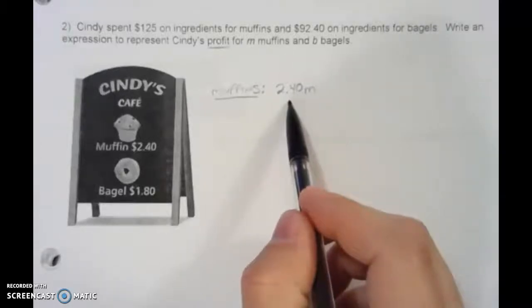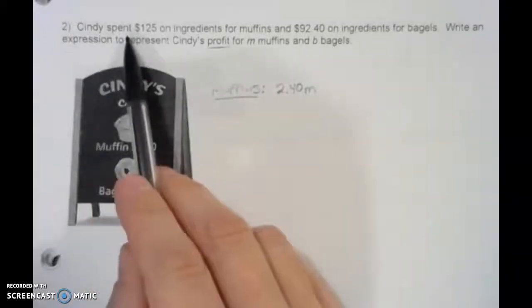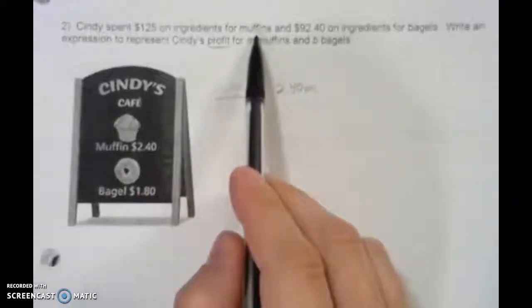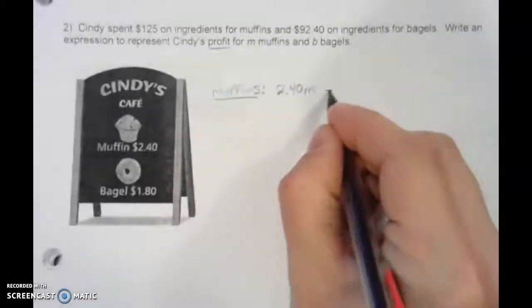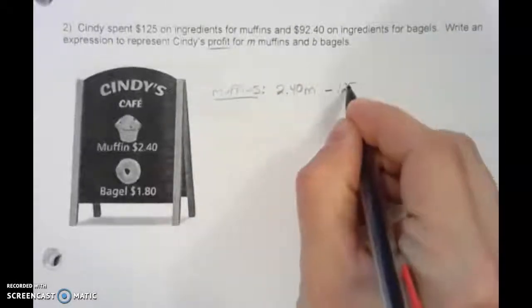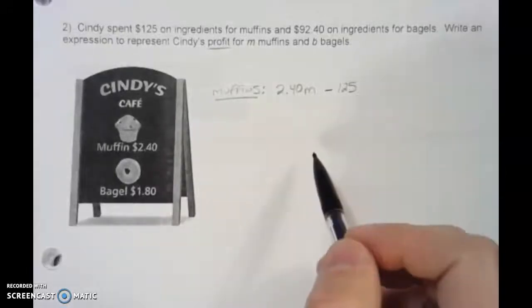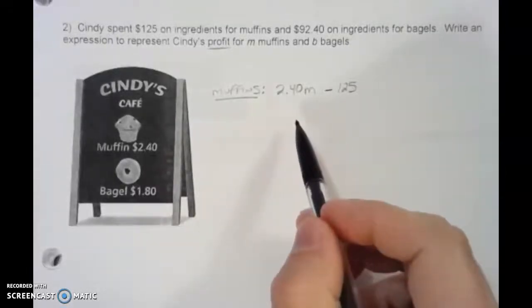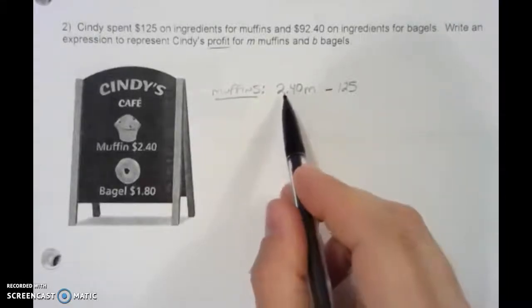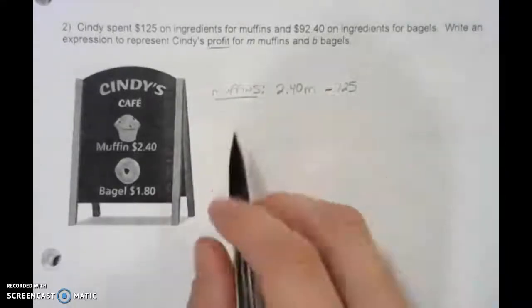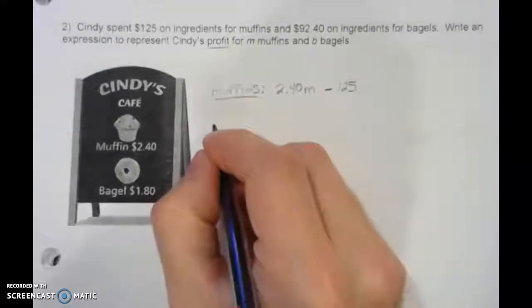Then we have to subtract off her expenses to figure out what the profit would be. Cindy spent $125 on ingredients for muffins. So we're going to take the amount that she earns and subtract $125. And however much money was left over would be what the profit would be. So the expression to represent the profit for muffins is $2.40 M minus 125. For bagels,